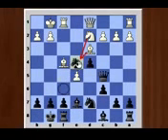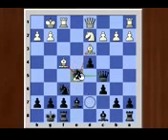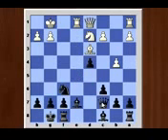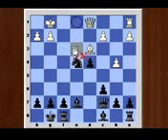e5, knight e4, knight captures e5, b4 attacking the queen, queen d5, bishop captures e5, queen captures e5, rook e1, queen c7, knight e4, knight captures e4 and rook captures e4,